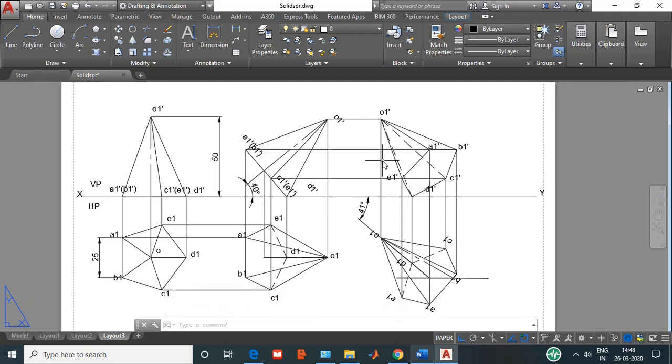Now at the end of this class, I will be rolling out the assignment questions on pyramids. These assignment questions are to be completed and submitted by Saturday before 1 p.m. Okay, so these are to be completed and submitted on Saturday before 1 p.m.